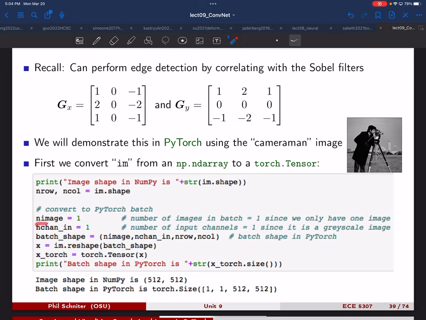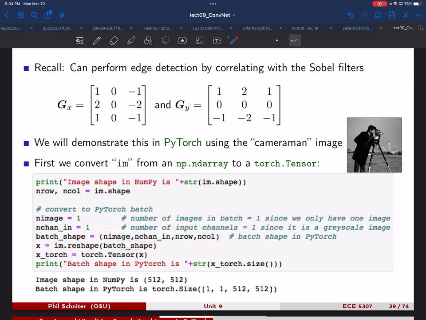So let's establish how many images we're working with. Basically, how many images are in our batch? Just one, just this guy. How many input channels? Grayscale, so it's 1. So the batch shape is going to be like this: number of images, comma, number of channels, comma, number of rows, number of columns. And the number of rows and columns we can get from im.shape. That's 512 by 512. Now we're going to take this im, this is our image, and